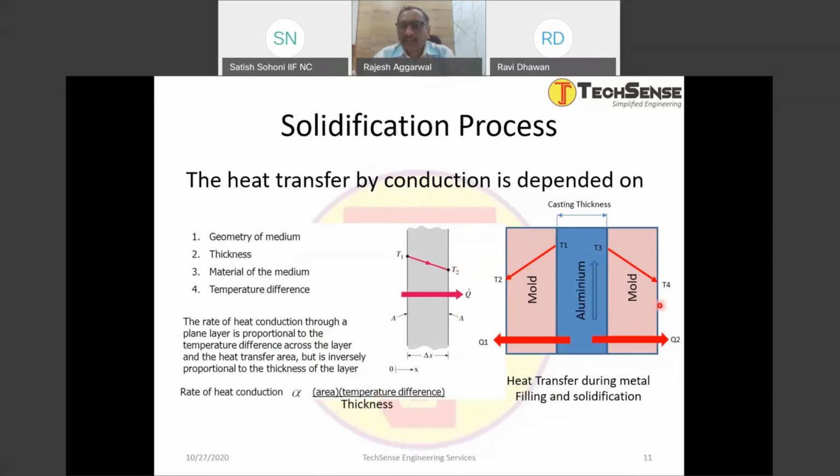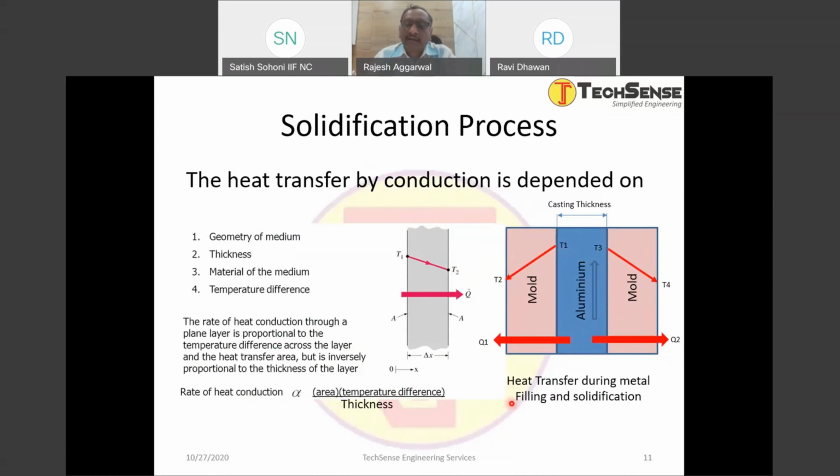die casting process, we can assume aluminum thickness where we have a temperature on both the sides of the wall, and then we have a mold where we have a temperature outside of this mold thickness, right? And then we have a heat transfer from aluminum to the steel going out, right? That is why Q1 and Q2 is the heat transfer going out, right? And this is the casting thickness. So we can try to understand and visualize if the thickness is more, the rate of heat transfer will be slow. If the thickness is less, because the heat content also will be less, the rate of heat transfer will be much faster,